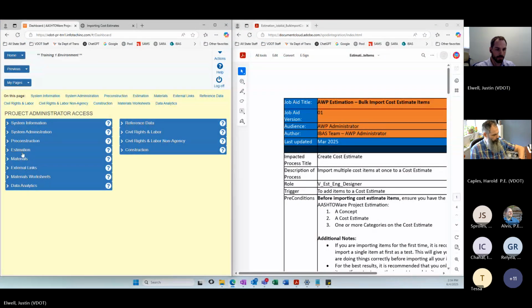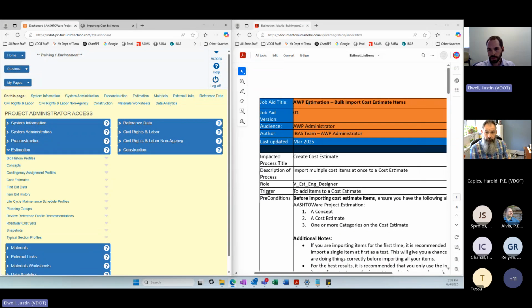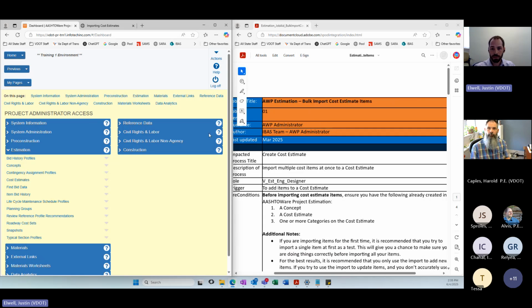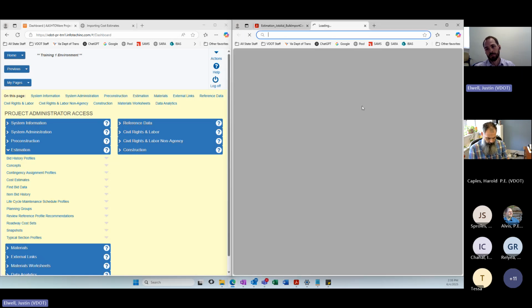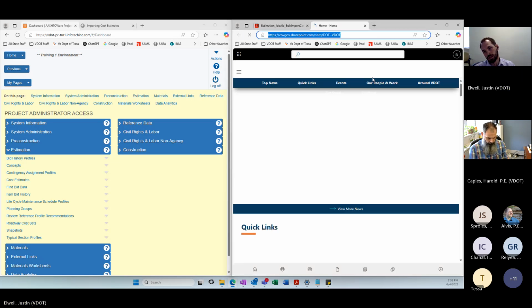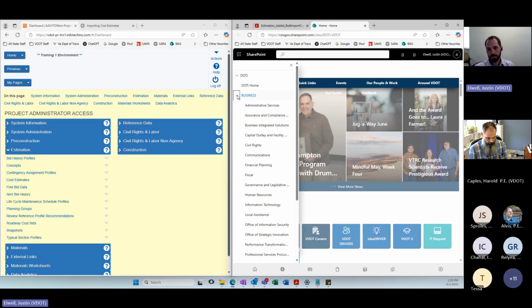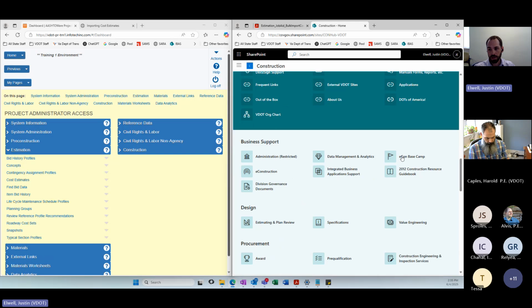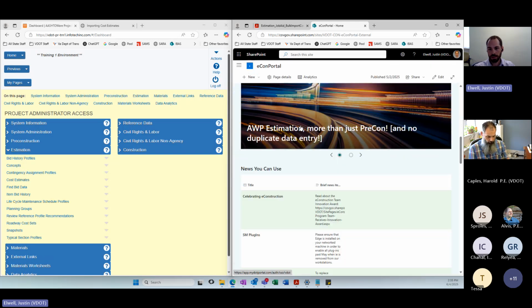What I want to do is work through this job aid that we have here. Again, if you don't have this handy or you don't have direct access to it, it can be found in our econ folder as we get there. So there we go. If you are external to VDOT and you don't have access to this direct folder that I'm navigating to, that's fine as well.